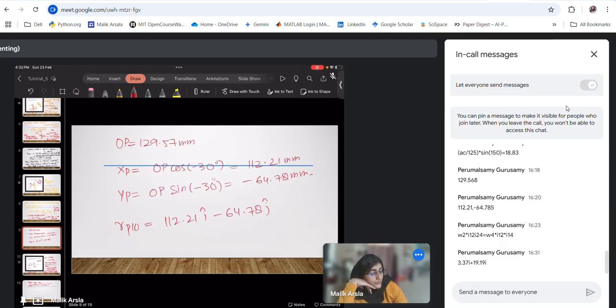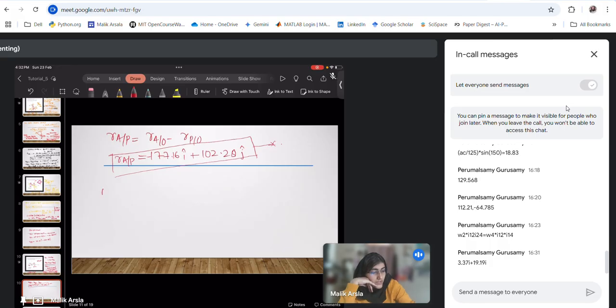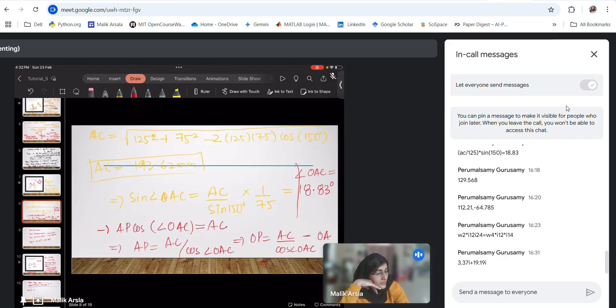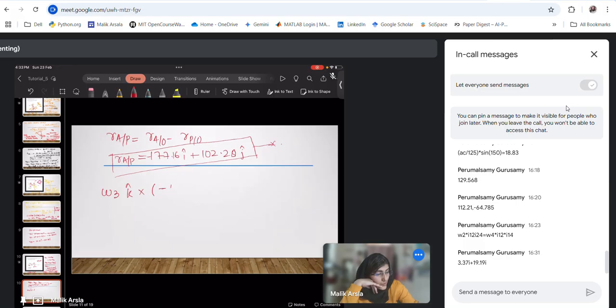Now what we have here, we know omega 2 cross ROA is equal to omega 3 cross RAP. So we can put it in this equation. So omega 3 K cap crossed with what is RAP? RAP we have here, minus 177.16 I cap plus 102.28 J cap, is equal to omega 2, which is known, it is 50 K cap crossed with